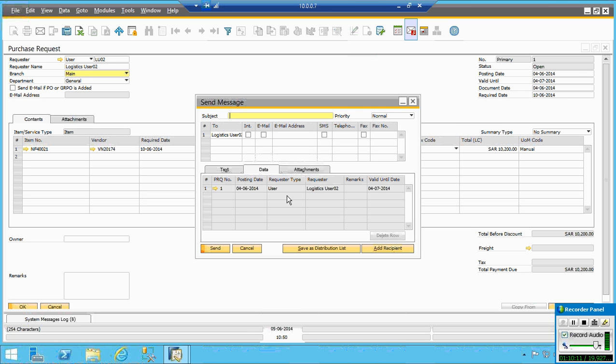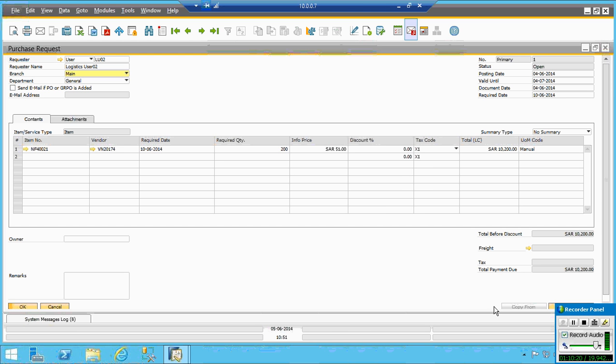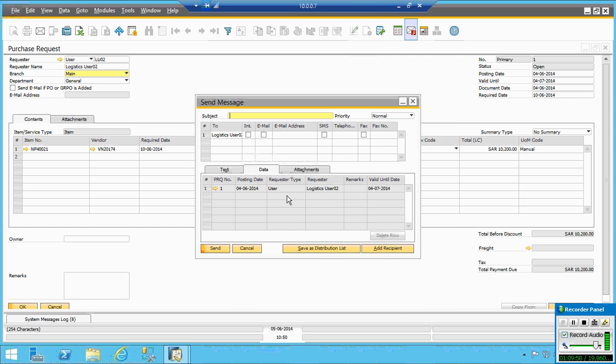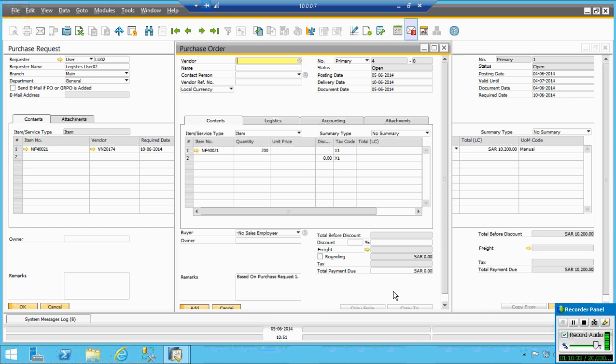Only thing, once a request is created, use copy to. The advantage is that whenever you take out the PO, you know from where it has come. Now this is a certificate, I say copy to purchase order. These are the reference saying this particular item is paid on purchase order number 1. Even the manager, if this is for approval, knows that this is linked to a request and he can even see the request. So for example, I'll show you.